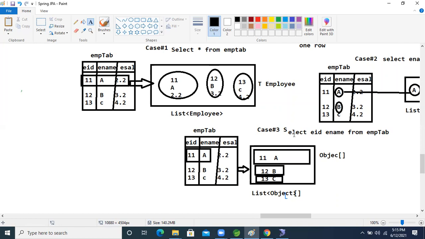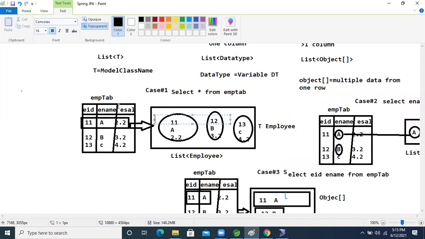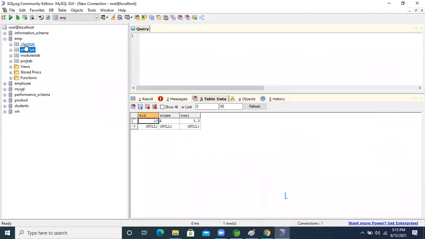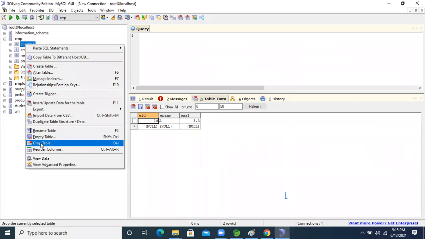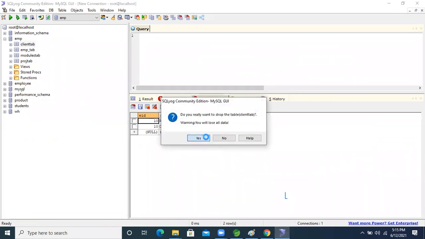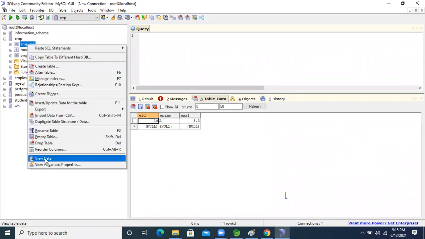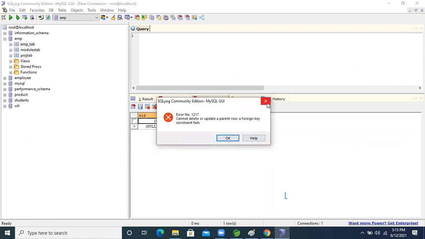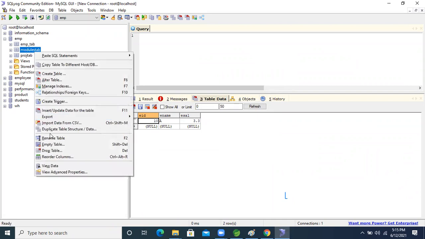So let's perform the operation now, guys. First we will store the same data only, right? Let's save the same data. I'm deleting these things because I'm going to work on a different application now, and it would create confusion. I'm dropping the table of the previous application now, guys.